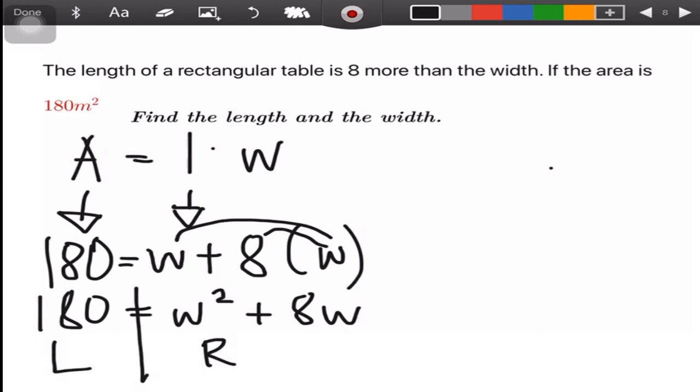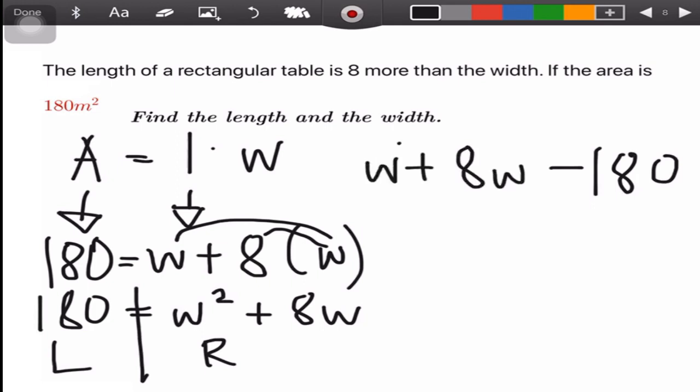So 180 from positive will become negative 180, and then you copy the terms in the right side, and then it will become equals to 0. So if you can recall your properties of equality, this one is just the same when 0 is in the right side. So next we have W squared plus 8W